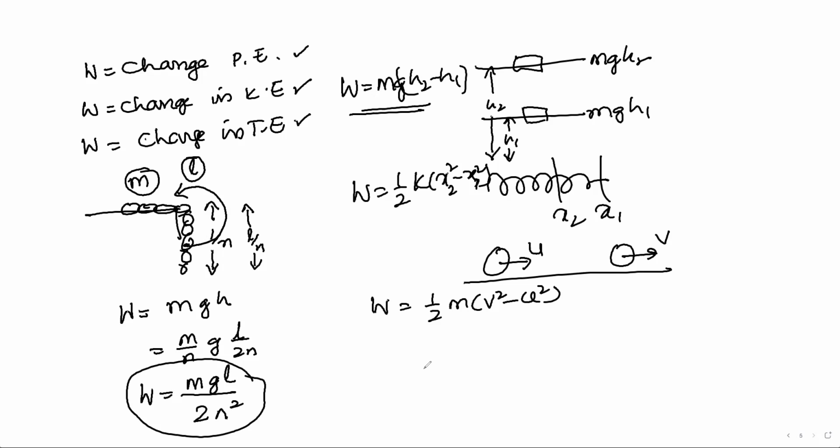Similarly, I give one more problem. I have a cube. The mass of the cube is m. The side of the cube is a. Now I have another cube. This is also mass m and a is the side. I want to put this cube onto this, like this. Then what is the work done?